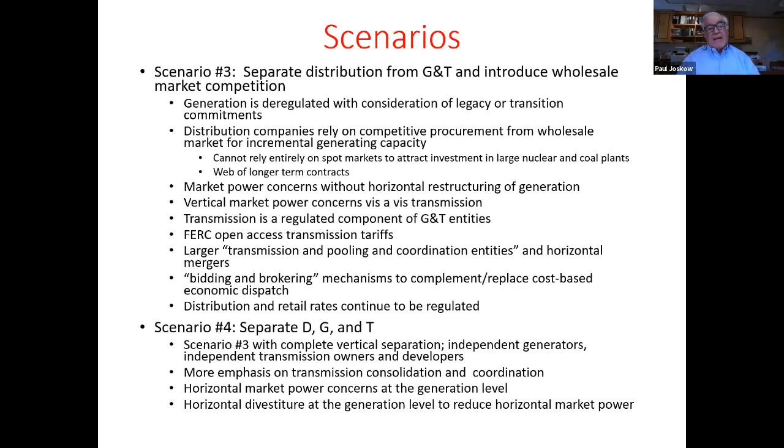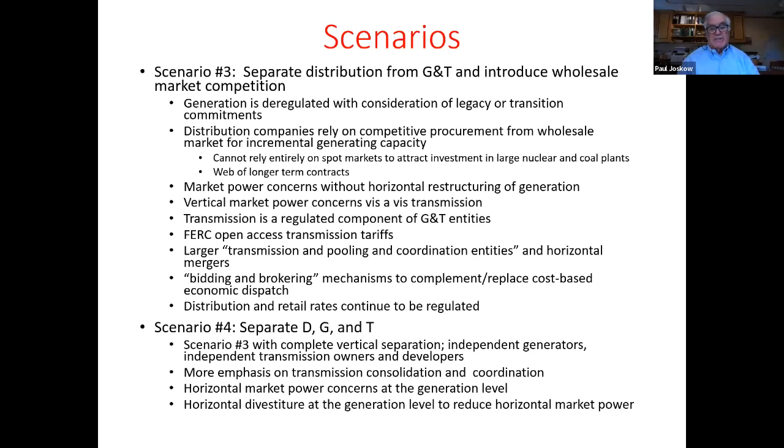And we envisioned transcos forming, transmission companies, like those that have formed across most of the UK and most of the EU. They'd be regulated, they'd have open access, and they would have coordination mechanisms to coordinate both short-term operations and also long-term investments. So we had a lot of emphasis here on transmission consolidation and coordination, and also on horizontal market power concerns